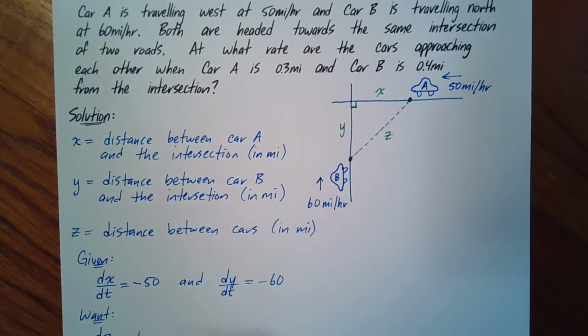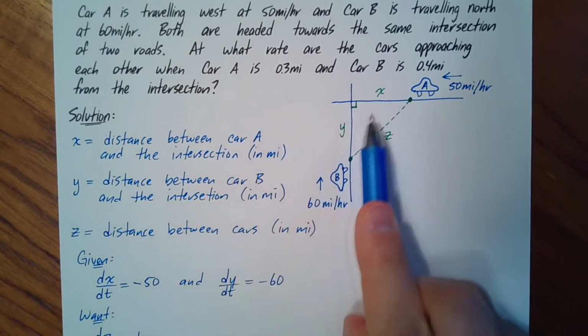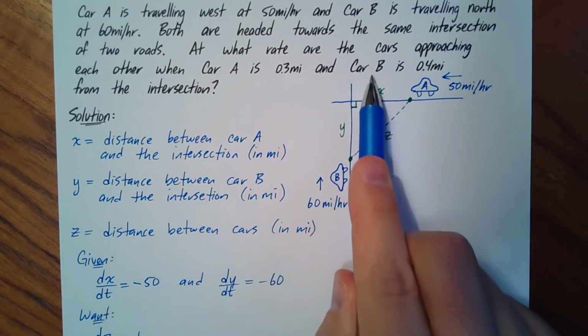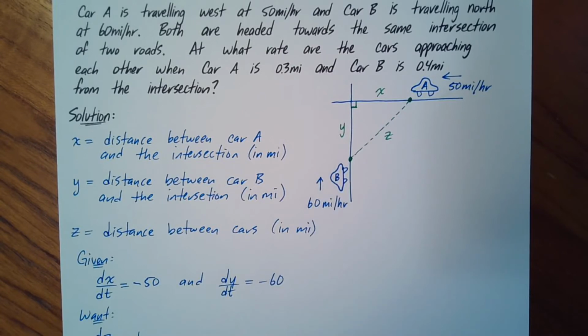And we want it at the particular moment in time. Well, when car A is 0.3 miles from the intersection, that means x would be 0.3, and car B is 0.4 miles from the intersection. That would mean y is equal to 0.4. So we can say when x is 0.3